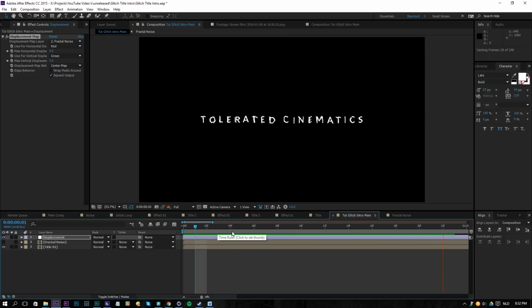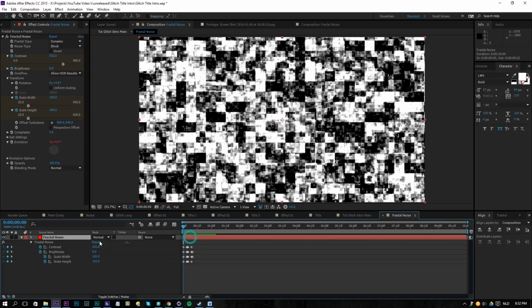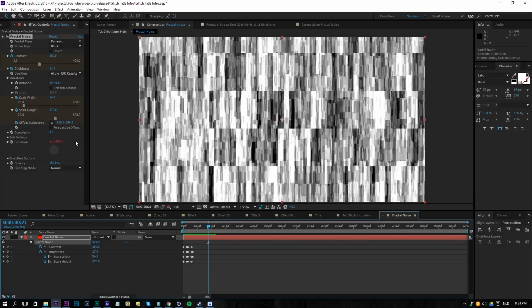And if we're going to play this back, we will see that it has a light glitch right there. So that's pretty cool. And then what you can do as well is maybe just go back to your fractal noise. Now we'll animate the offset turbulence anyway. So go back to your beginning of the timeline, click on the stopwatch, move ahead like 1 second or so. Well, 20 seconds is here, so